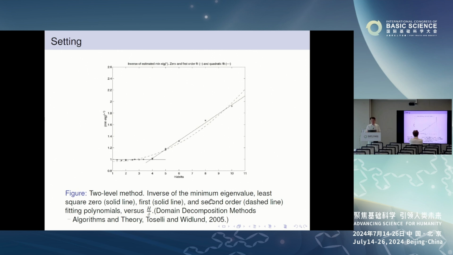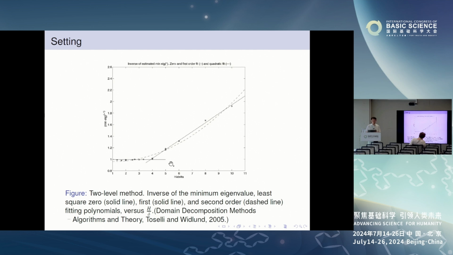The inverse of the minimum eigenvalue, or you can say the condition number of the preconditioned system. If we do, you can look at this direction. This is H over delta. I just show you H over delta. If we go to 0, this denotes large overlapping. If they go in this direction, this is small overlapping. For this small overlapping, you can see this is by this least square